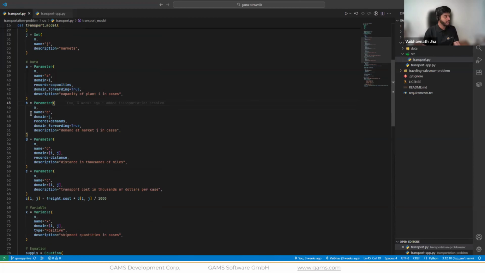And similarly, for the parameter B, we can do the same thing and generate our set of markets by specifying that domain forwarding should be set to true.